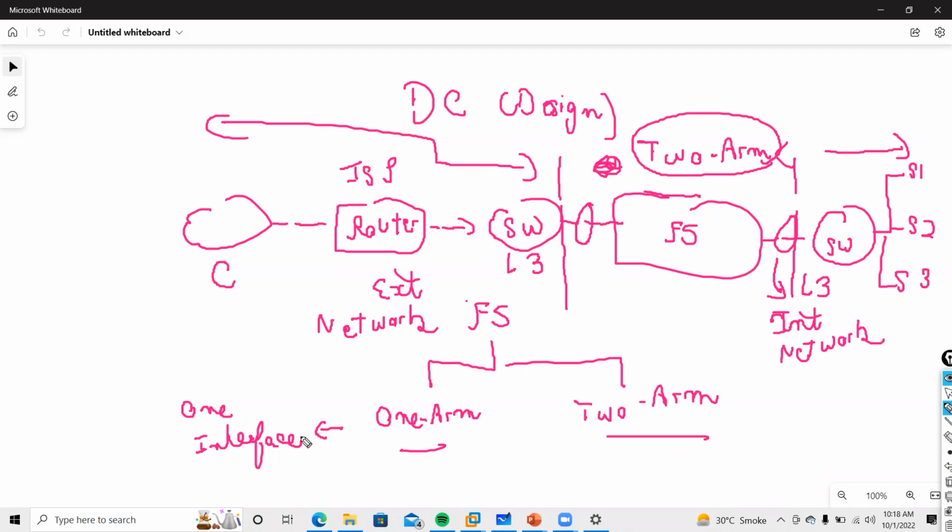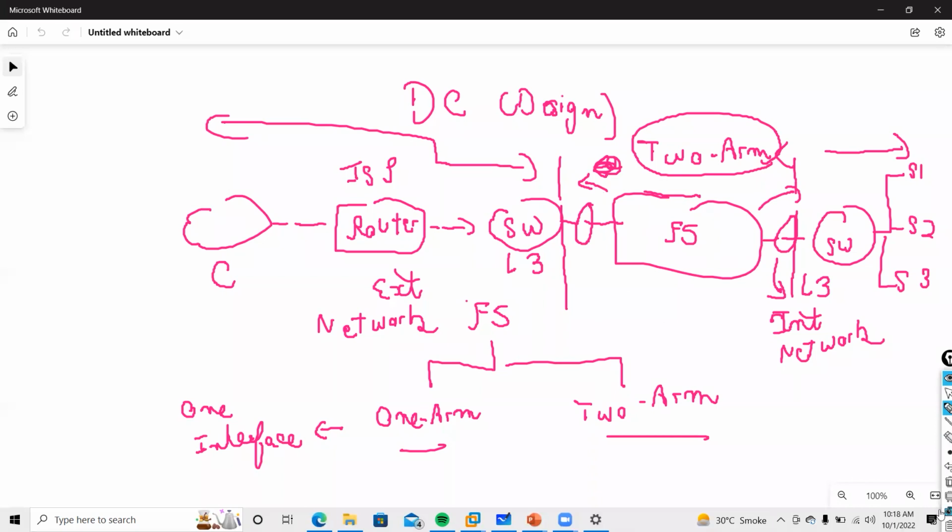So don't get confused. You will see different definitions in NAT, but 2-arm mode is called 2 interfaces of F5. One is used here and one is used here. That is called 2-arm mode. Simple deployment. Even 1-arm is also simple, but we will discuss. But right now 2-arm is